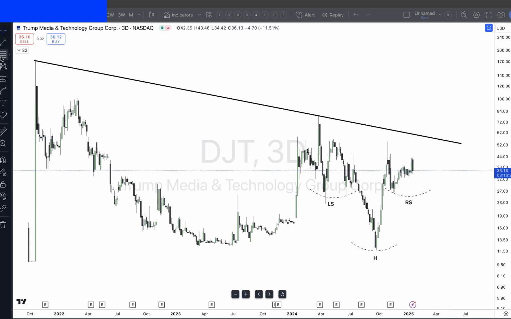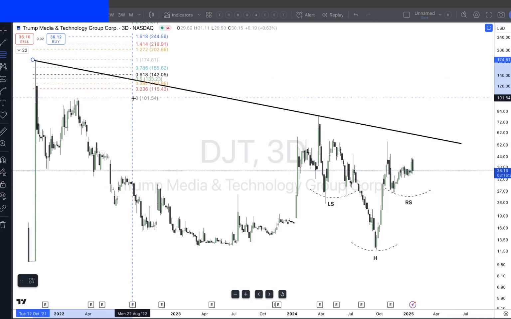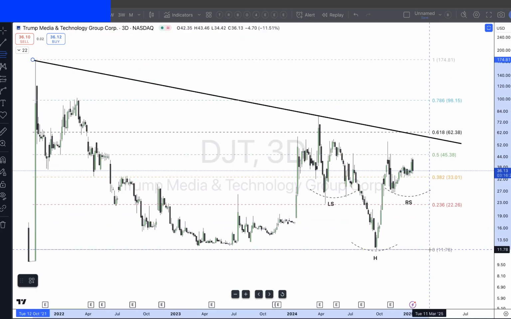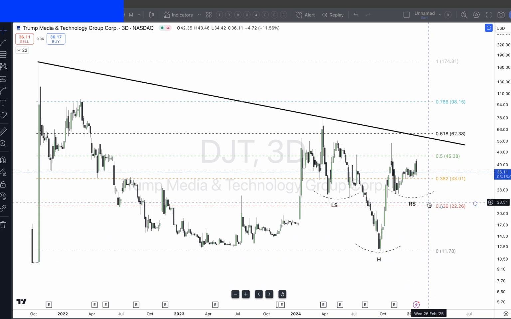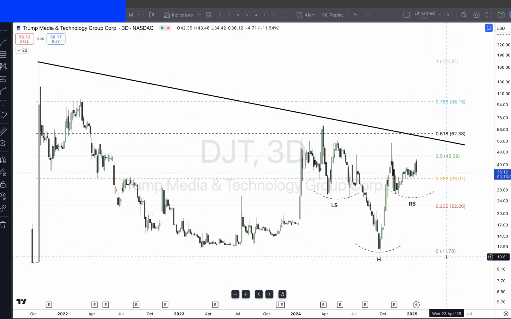Now let me share with you what else I'm seeing. I'm going to do just a basic horizontal fib. I anchored the fib right there at the all-time high, which is the major high, as well as down here, which is the major swing low. There's a lot of goodness that I'm seeing. Let me swing this over.